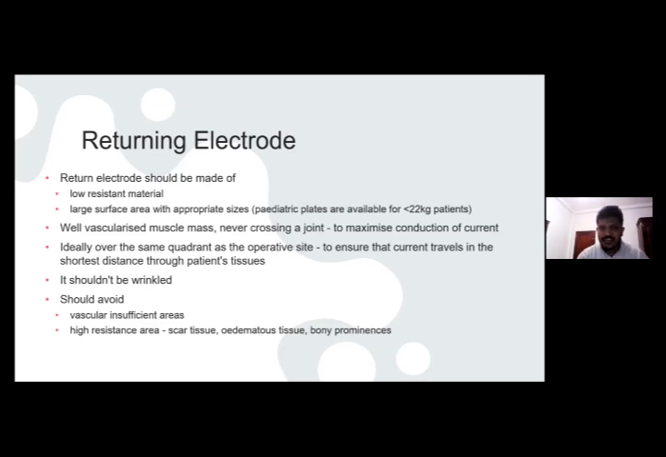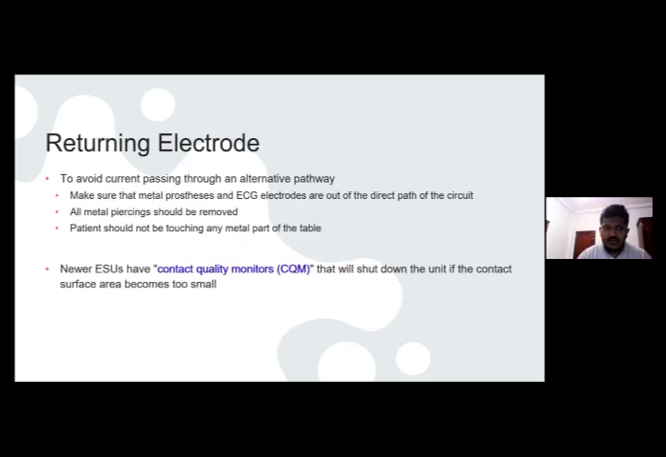So ideally speaking, it should be applied in the same operative quadrant, and it should avoid the vascular insufficient areas, as well as high resistant areas such as scarred edematous areas. Apart from that, we should avoid current passing through alternative pathways, where we have to make sure that the prosthesis and ECG electrodes are far beyond this circuit. Before entering surgery, the patient should remove all metal piercings,